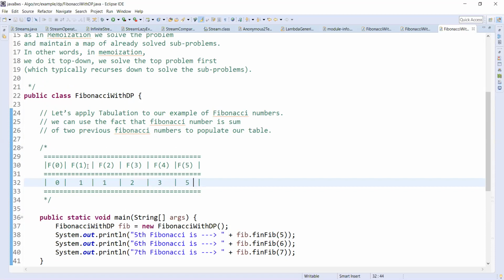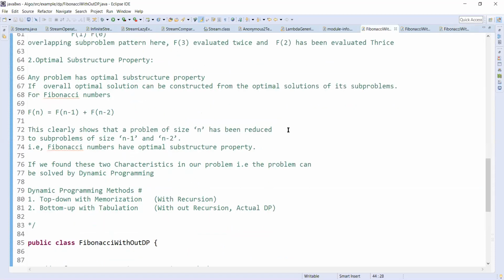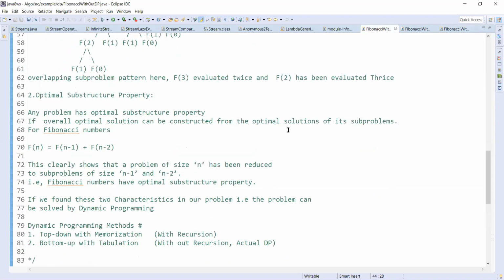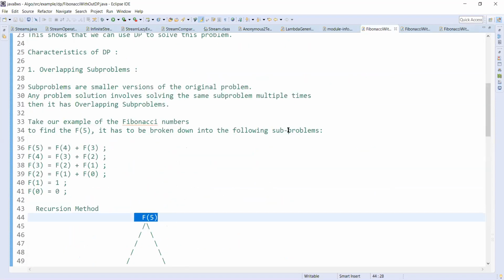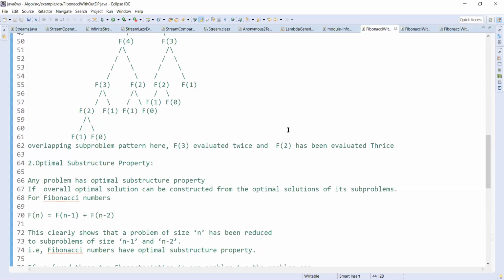Likewise, f of n is f of n minus 1 plus f of n minus 2. As I discussed, you need to see whether there are overlapping subproblems involved in the solution of the problem, and whether it has the optimal substructure property. If we find these two, that means we can apply DP.